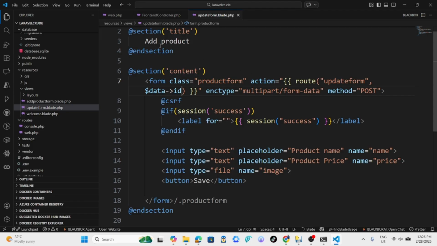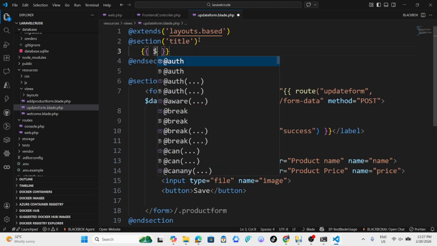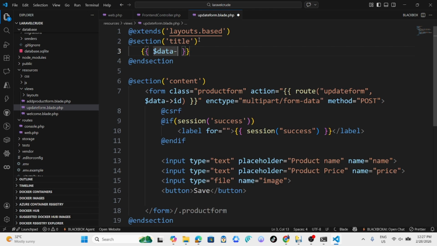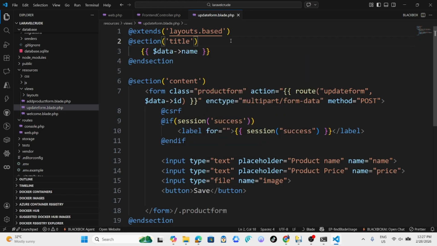I don't know if you are following along. For you to know what we are doing over here, the update form, we can as well say data followed by the name of the particular product we want to update. We can as well say name. Then you save the changes. Now navigate into